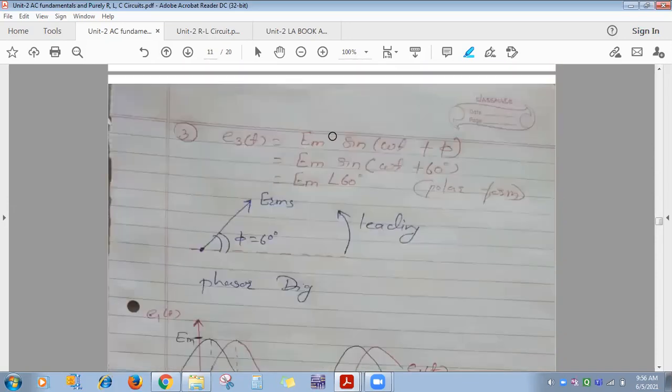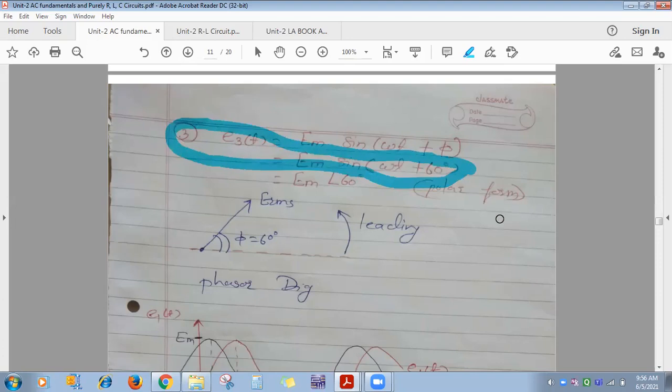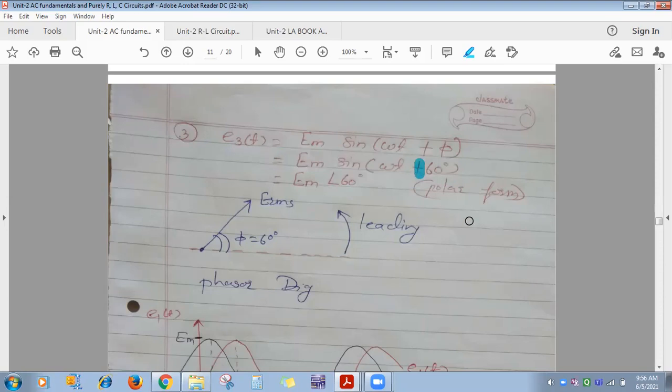Third one possibility, whatever the equation given to you, it is having omega t plus phi. So consider E3t, third one. Again, its peak is same as that of the earlier two. It's a purely sinusoidal waveform. Angular frequency is also omega only. Here after omega t, plus 60 degree is there. Now compare this one E3t with E1t. Then what we can say here, plus 60 degrees there, means E3T is leading or lagging E1T?